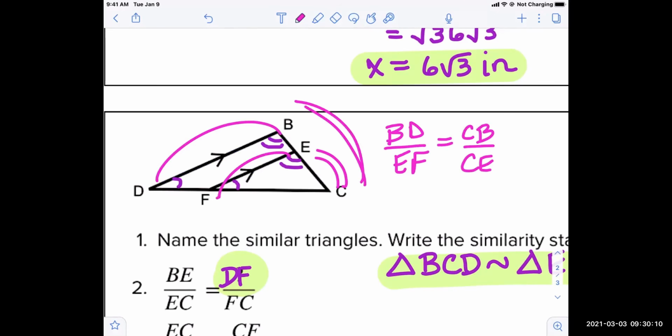Why is it wrong if you said right here, BE and CE? Why is that wrong? Sometimes you're allowed to use the little pieces, sometimes you're not. Why on this one do you have to use the whole CB segment? Because CB is the whole entire side. Yes, every time